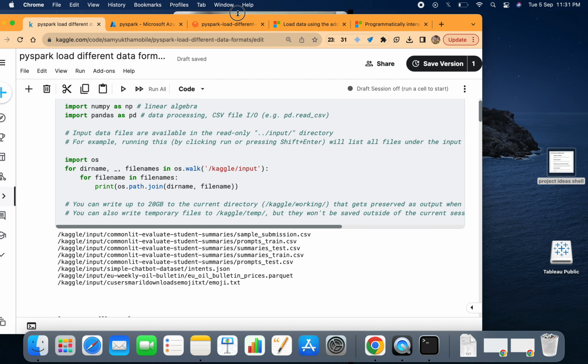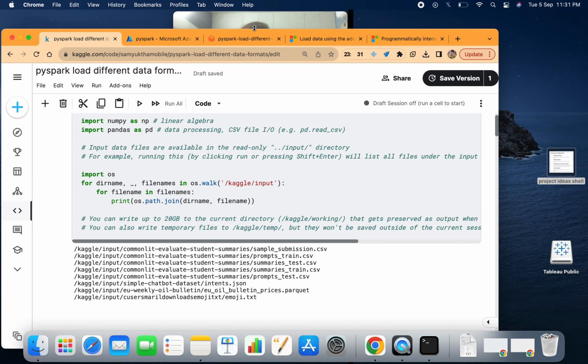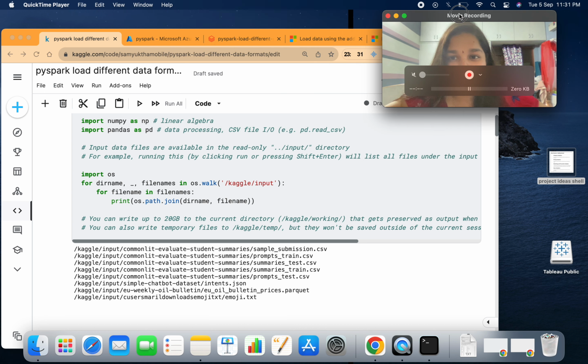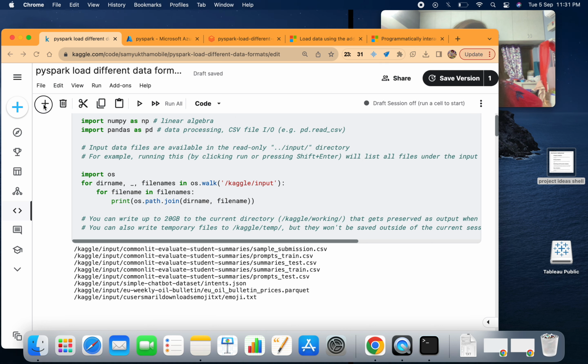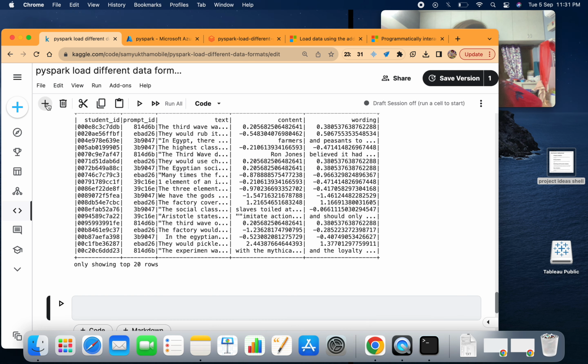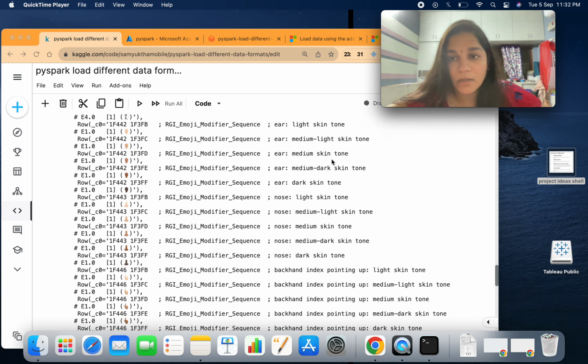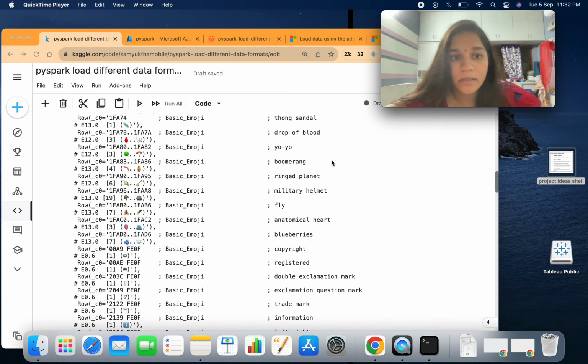1 minute. Where is my file? Where I am? Okay. Yeah. I can actually do plus sign. Wait a minute. I have to actually maximize my screen, so I can't show you how I'll do that loading